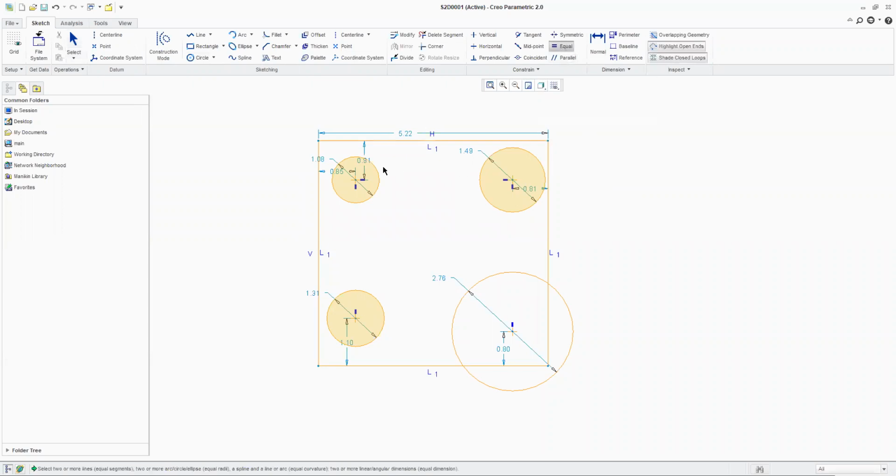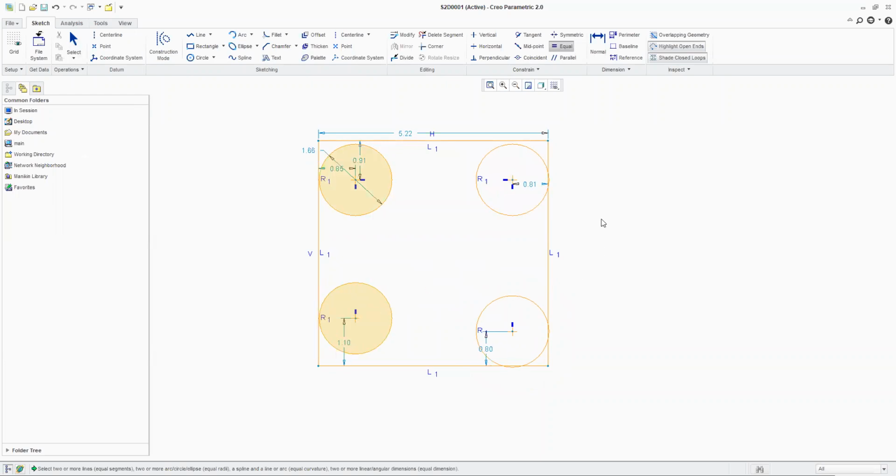Equal. This guy, this guy, this guy, and this guy. See, each and every circle has become equal. Simple. So this thing was really missing in CATIA, and they haven't added the equal constraint. It's a really helpful constraint. Understood?